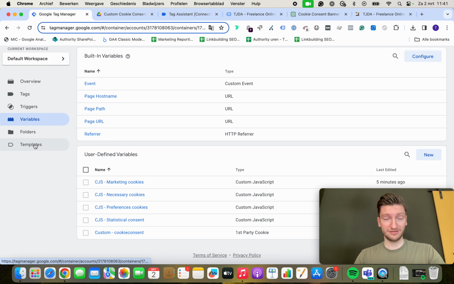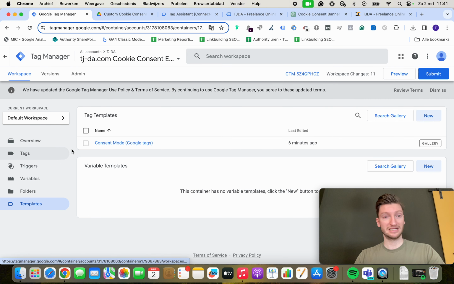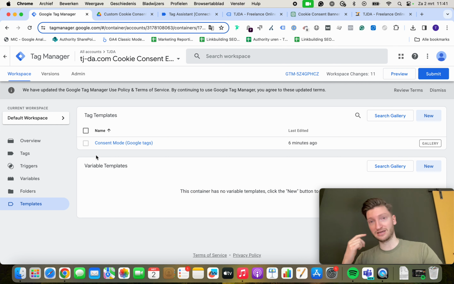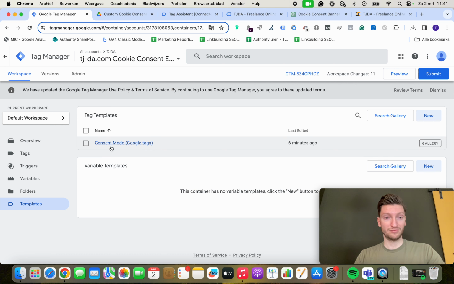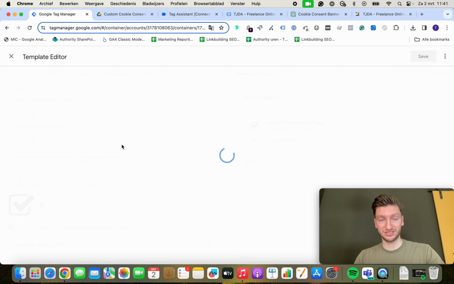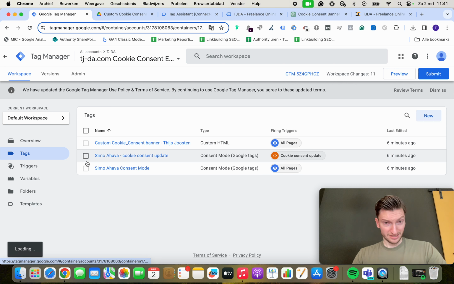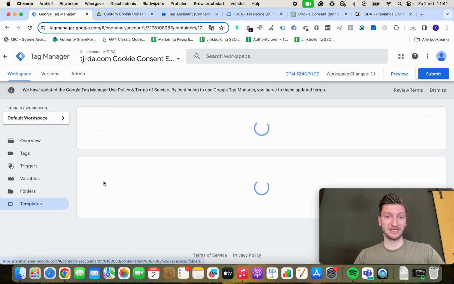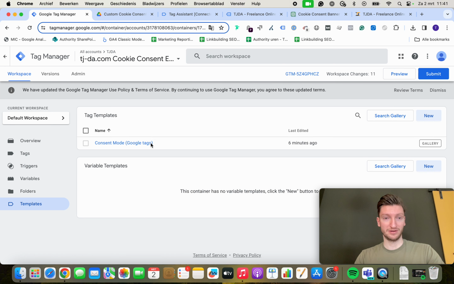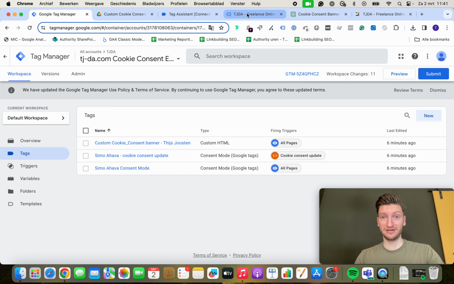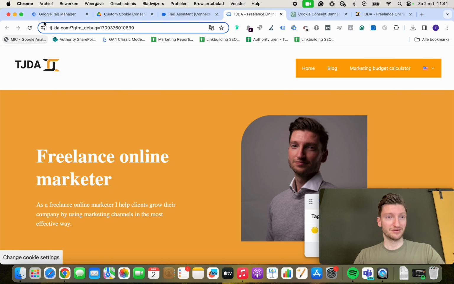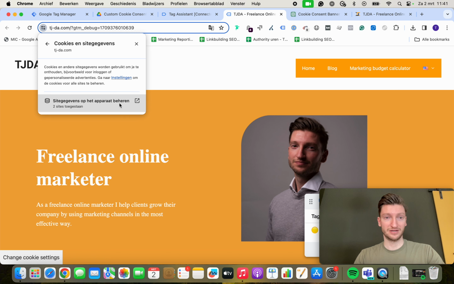Then one final thing, which we've already shown a little bit: what is also integrated with the Google Tag Manager container that you will import, that I've created, is the one called the consent mode for the Google tags, because that's what Simo Ahava's consent mode is based off. So in order to use those tags, you need to have that template, which is automatically implemented. I've already shown you a little bit of the preview mode, but if I would delete my cookies here,